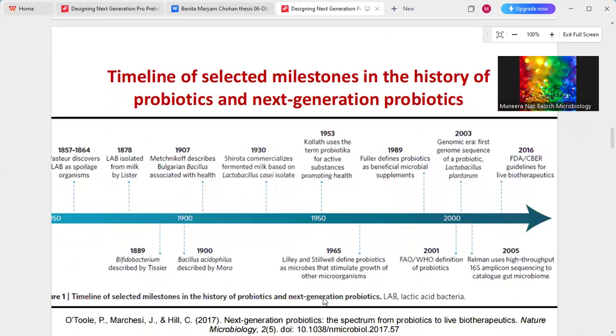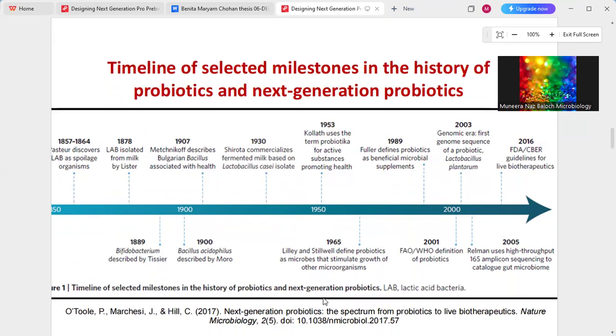This is a timeline showing you the discoveries, and ultimately, we come to the next generation probiotics. Starting from 1957, Louis Pasteur found the spoilage organism, and he thought at that time that lactic acid bacteria are spoiling the food, but on the other hand, it was found that they were able to ferment a number of food products. So he found out the fermentation property of the LAB. Then after about a couple of decades, in 1878, the lactic bacteria were isolated from milk by Lister. And then again, around a couple of decades further, Metchnikoff described Bacillus bulgaricans, which is associated with